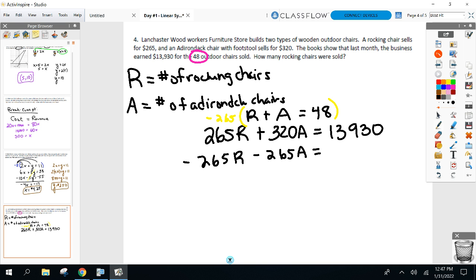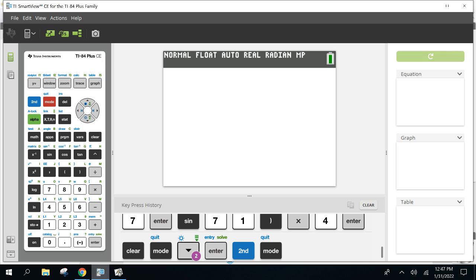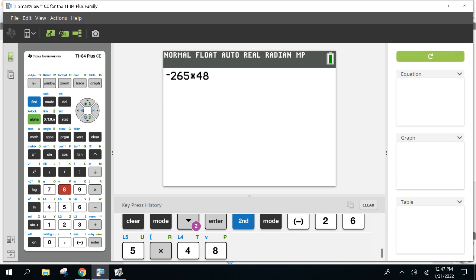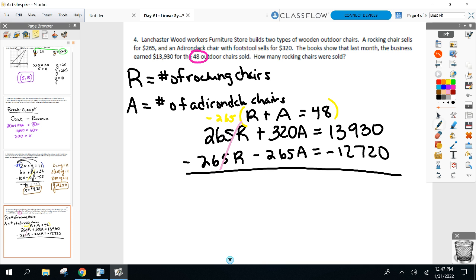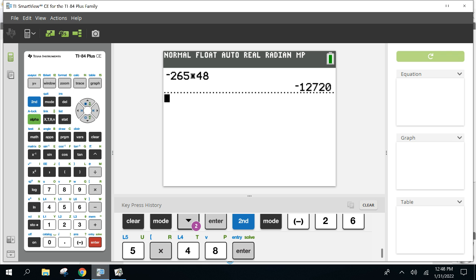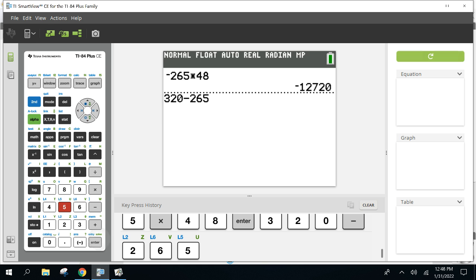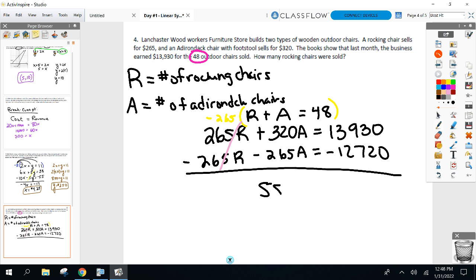I didn't do it this way. Relax. I got my own calculator. Negative 12,720. 320, 55A equals 1,210. And we ended up with,